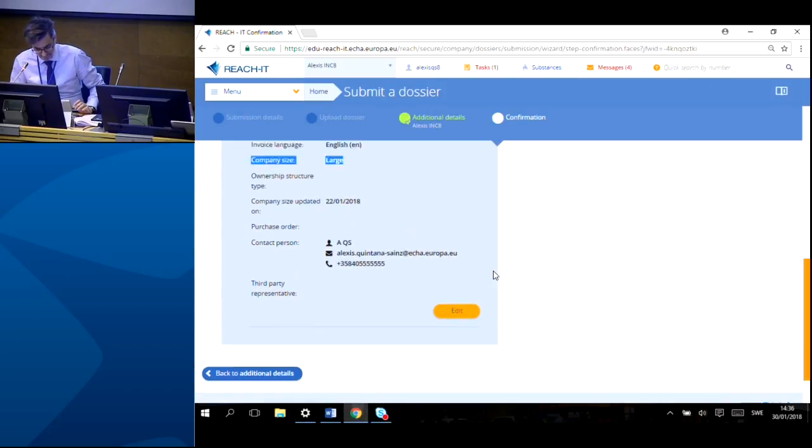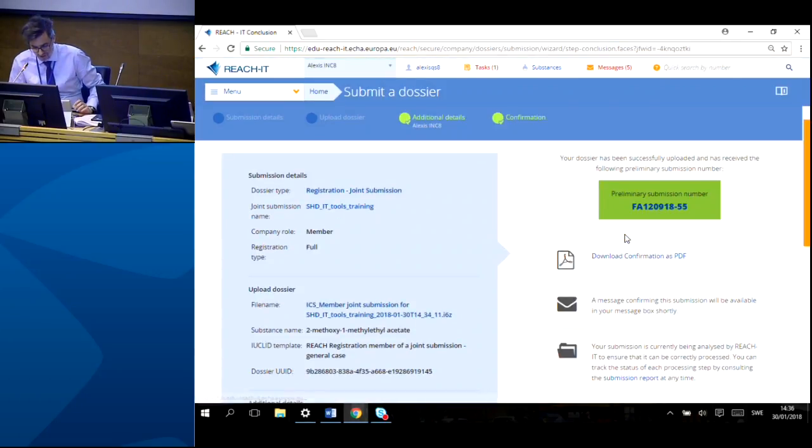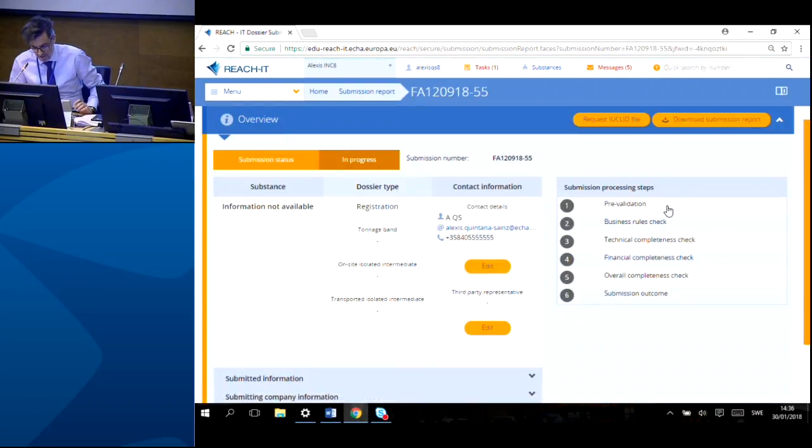In any case, I'm going to do the same as you. I didn't change the company size, but I will go forward. And then I got the preliminary submission number. And from here, by refreshing, you will see that these steps on the right, the submission process steps, are being